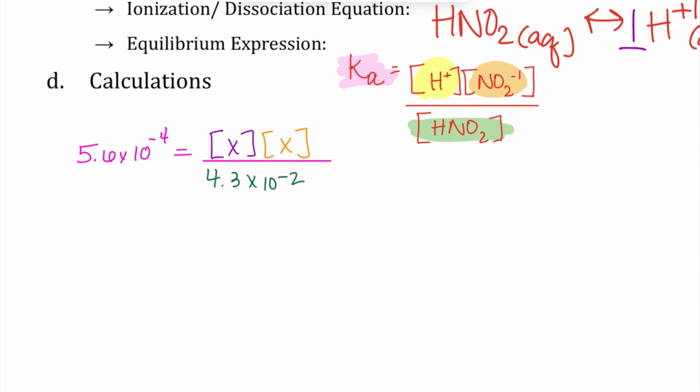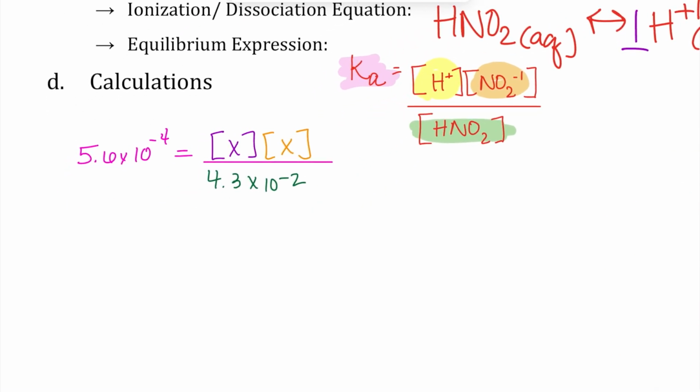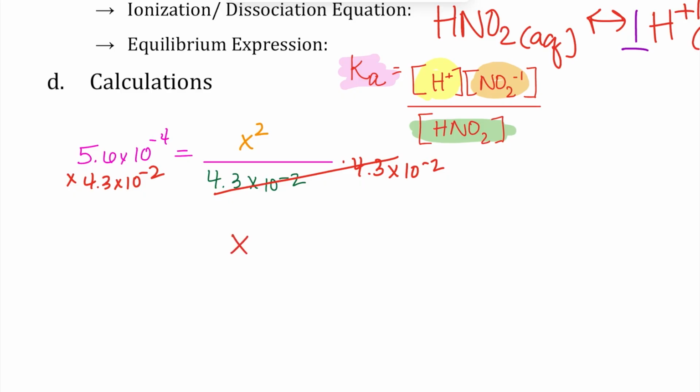We've got, as I look in here, that 5.6, and I'm going to actually change the top. X times X is X squared, and so we're solving for that X squared. How can I do that? Well, I'm going to multiply both sides by 4.3 times 10 to the negative 2. That's going to cancel. So that's going to give me X squared equals, and then when I multiply those two